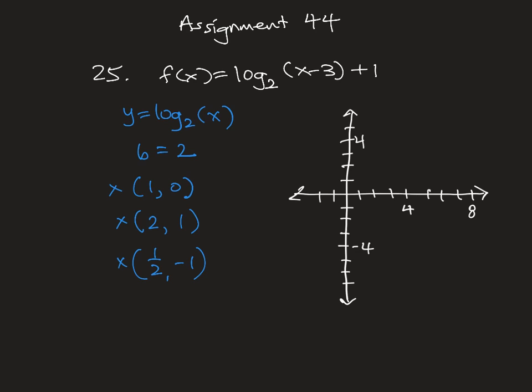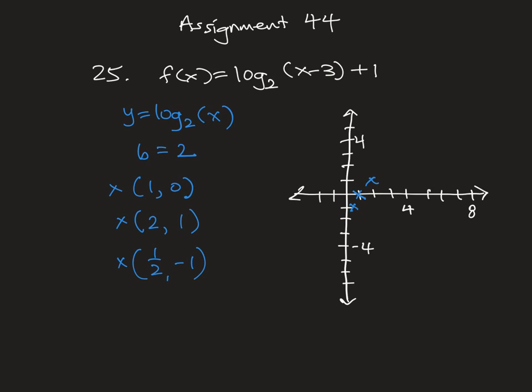So (1, 0) is a key. That's how they say here in some languages. (2, 1) is EC. And (1/2, negative 1) would be there. Okay, so that in blue would be the parent points for log base 2 of x,